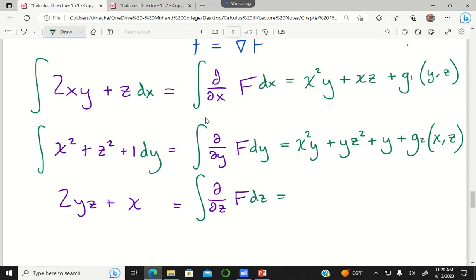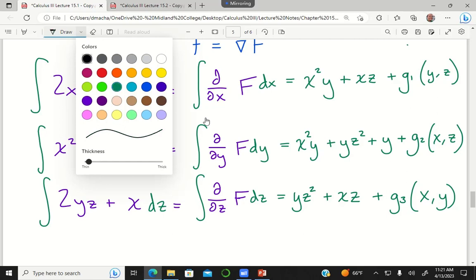Okay, the last thing is I'm going to take the antiderivative of this expression with respect to z, and this is going to be yz squared plus xz plus some g3 function, which is only a function of x and y. So